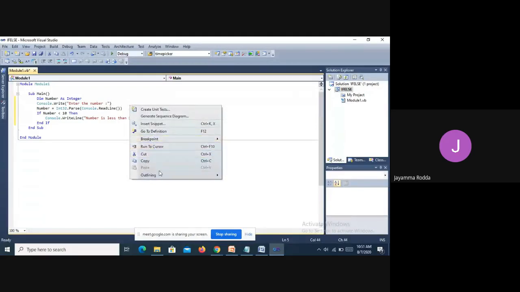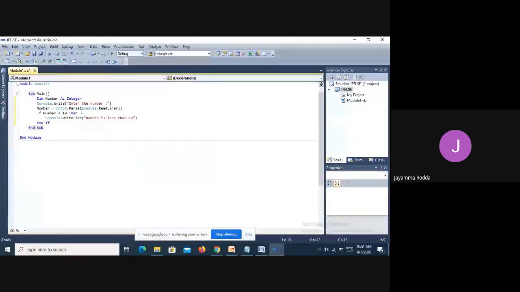We are not having any marker here. So now what are we doing? While reading the data, we are going to check whether the number we wish is entered or not. So that input checking is done here. If number is less than 10, then I want a prompt to be written as "Number is less than 10".